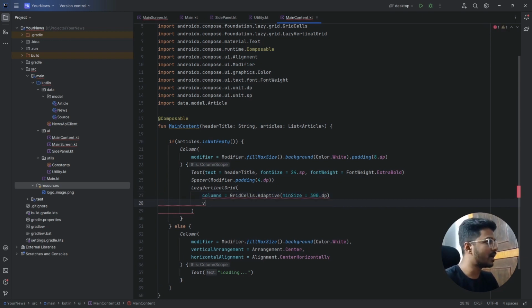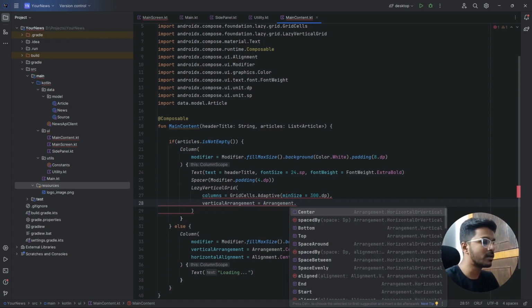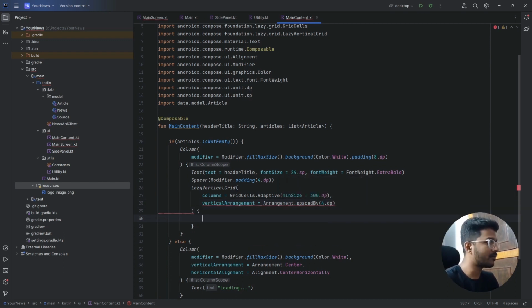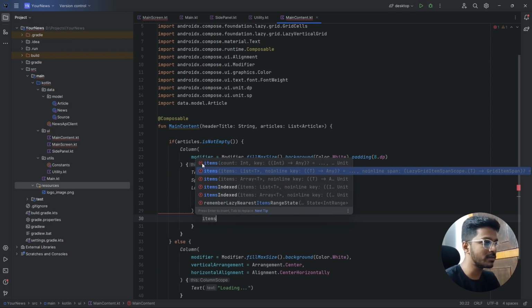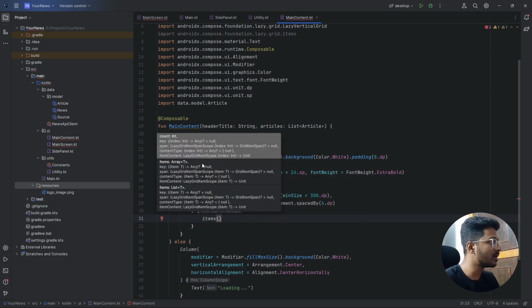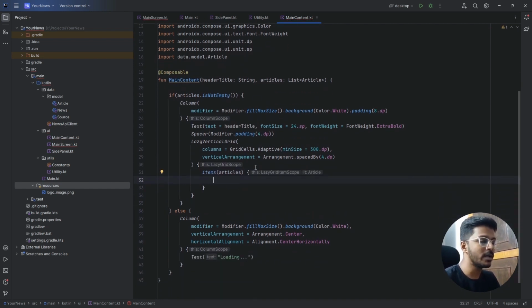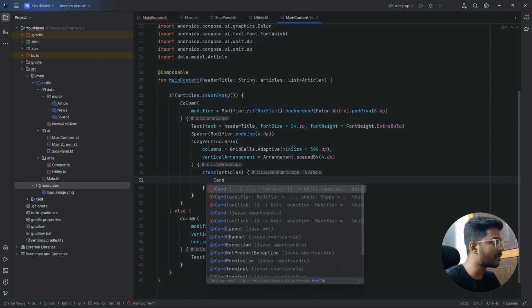Now after that, we're going to arrange it. Basically we have to give some space between each of these items. So we're going to give a space of, let's say, 4 dp. And for the actual items, which is basically this one, we're going to pass the articles from the parameter, and then we're going to create the card for the individual news article item. So we're going to say card,